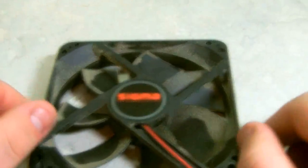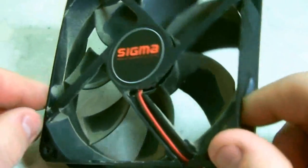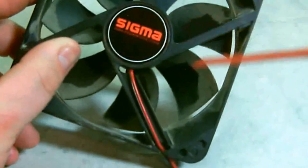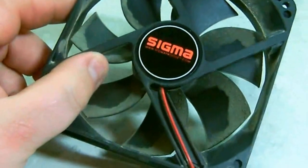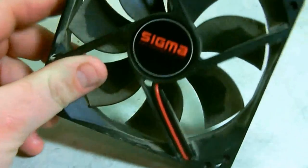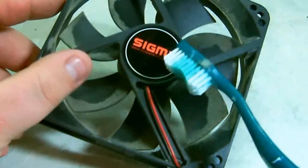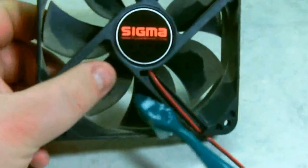Now here I have one of the fans out of the computer, and you can see it's pretty dusty. You get some that are worse than this, and you can just take your air can and get what you can off of it, and a lot of the stuff that you can't get off is pretty stuck on there. All you're going to need is just an old toothbrush. It doesn't have to be anything fancy, just a little scrubbing brush or toothbrush, something that you can get down into